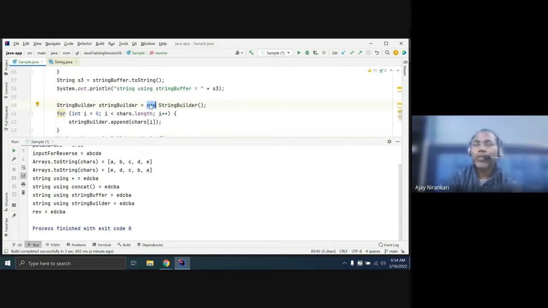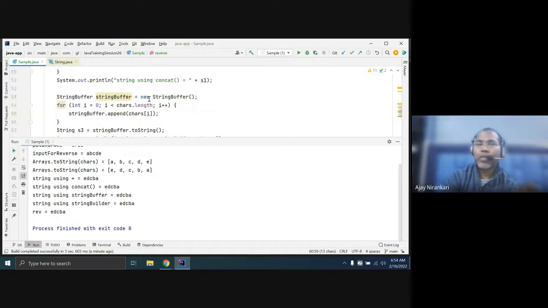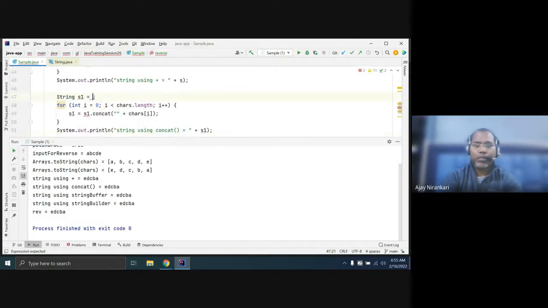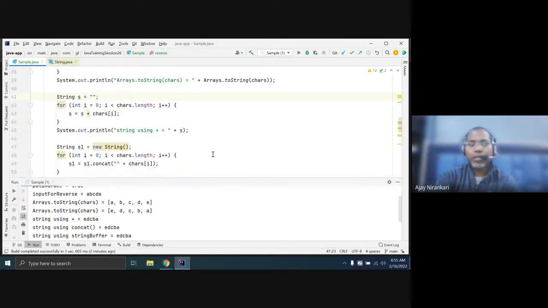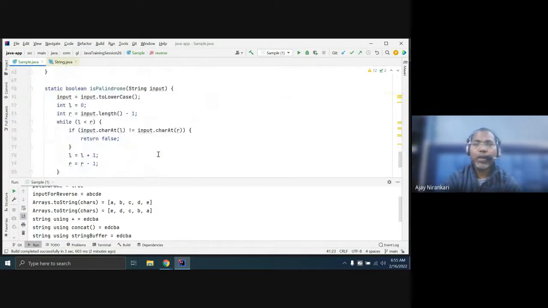The new keyword is the indication to the Java compiler that the developer wants to create an object that goes in heap memory. Similarly, you can use the new keyword with StringBuffer. Even here you can say new String, so you can create it with a blank value, or pass some value. Java allows a string object to be created by assigning a value directly, or using the new keyword and passing some value.